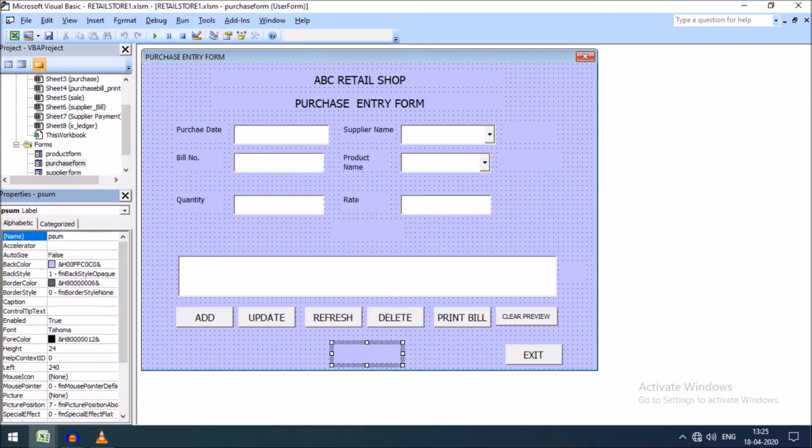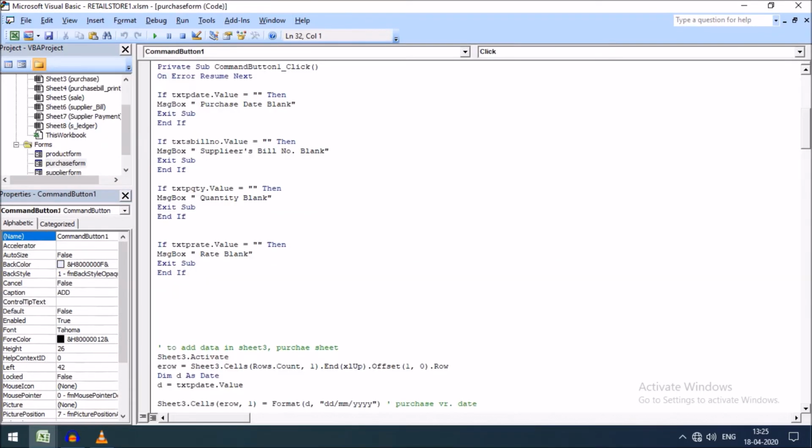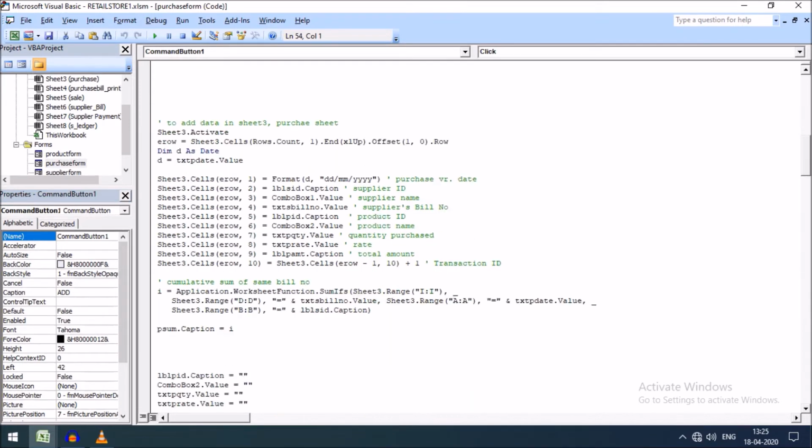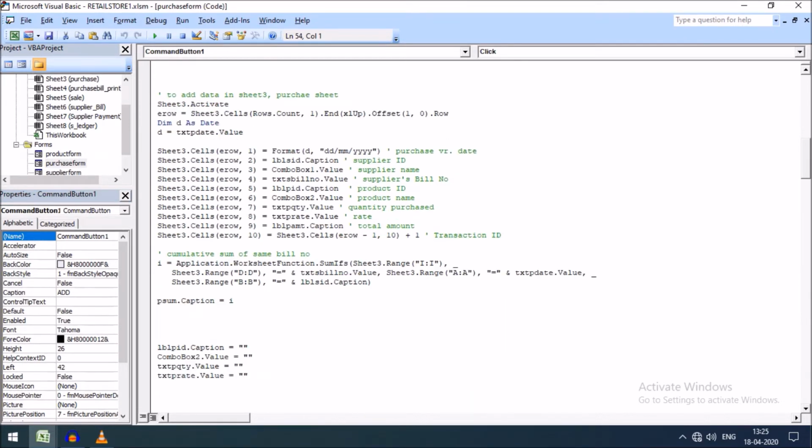So friends, going to the add button here, if you see the code, you will understand how this will be activated. First see here, to add data in sheet 3, the purchase sheet.